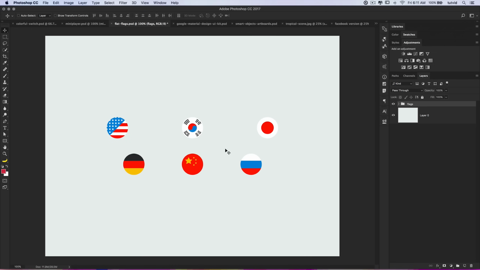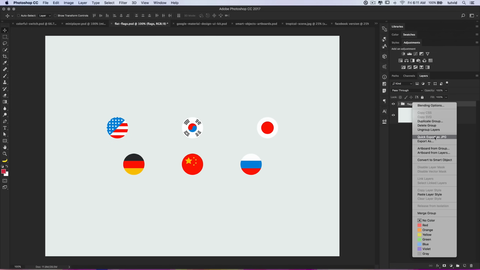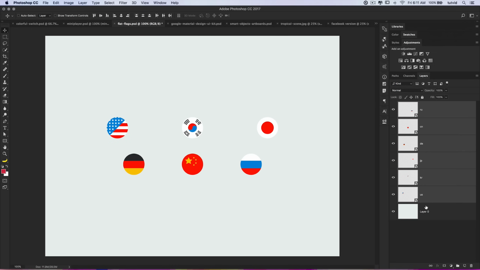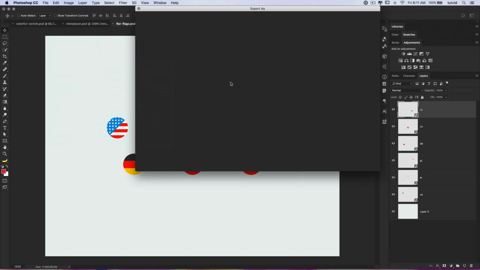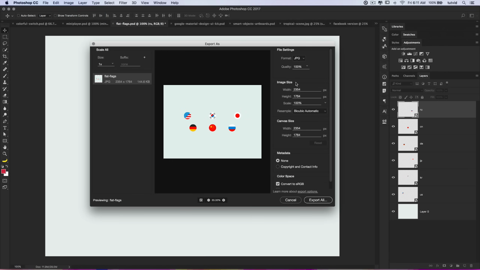Let's go back to the flat flags layer. I'm going to right click and ungroup these layers. So we have 6 graphics that are here in this document. And let's say I need to export these as icons just for a web project I'm working on. Well, what I can do is number one, I can just go File, Export, Export As, and it's going to allow me to export my entire image as whatever I want, a JPEG, a PNG, a GIF, a SVG, Scalable